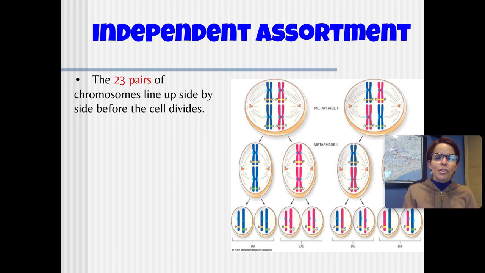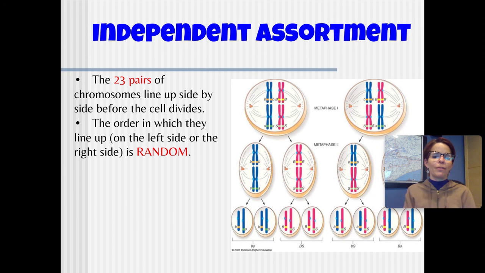All right, so it says the 23 pairs of chromosomes line up side by side before the cell divides. This is called independent assortment, by the way. The order in which they line up on the left side or the right side is random. So here's a pair. This maybe is dad's, and this is maybe mom's chromosome. This is dad's chromosome. This is mom's chromosome. Notice that they lined up on the same sides in this diagram, but on this diagram, they lined up on